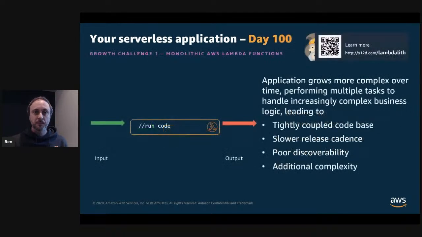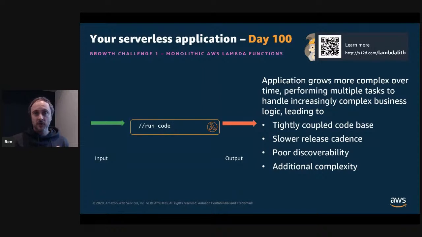So fast forward to 100 days later, and as the usage of this application is increasing, maybe it's becoming more widely adopted, more successful, but it's now getting additional feature creep. The developers now are having to keep up with this feature creep by building out their Lambda function to handle additional functionality.